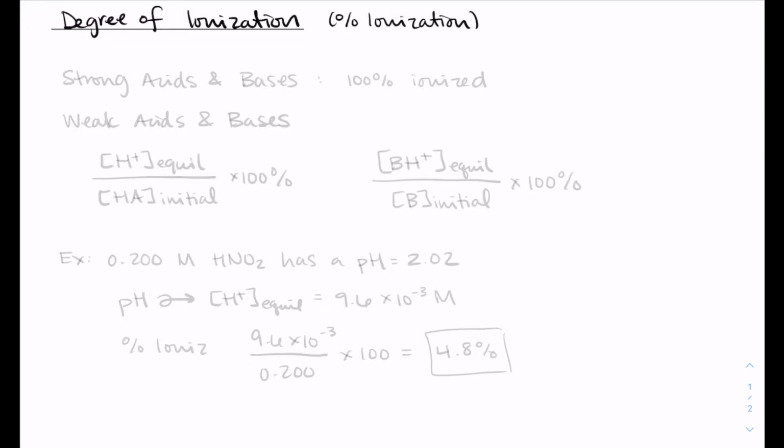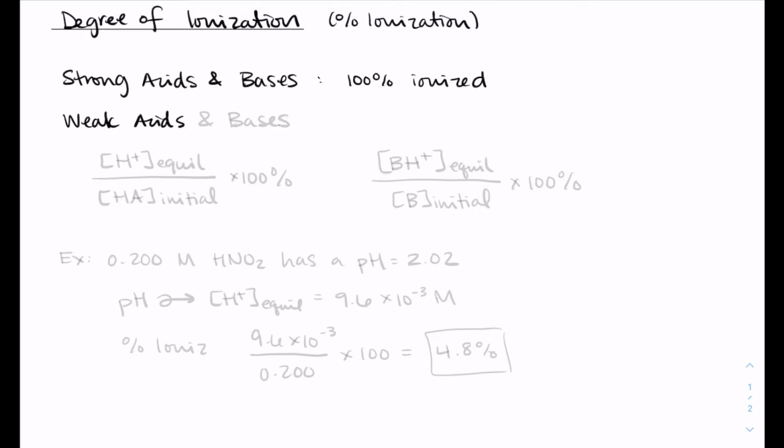One of the ways that we can compare the strength of an acid is with degree of ionization, or sometimes it'll be expressed as a percent ionization. For strong acids and bases, this means that it is 100% ionized. So this is maybe the same language that we've been using to talk about strong acids and strong bases. We may have said dissociated. Ionized would be the same thing, but if it is strong, that means 100% split up or 100% reacted in